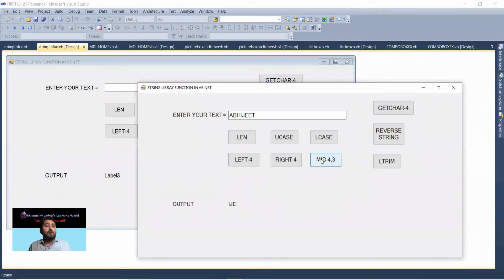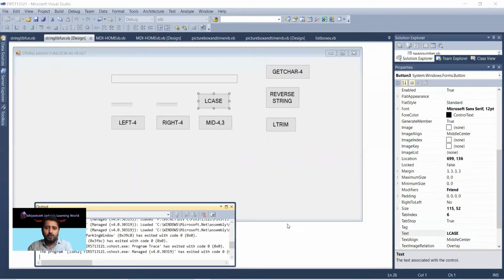Yes, exactly. So these 3 functions have arguments where I put the original text, text box 1. How many characters do I want from the left? 4 as an argument. How many from the right? 4. How many from the middle? Suppose COMPUTER. PUT will come out when I click on mid, because in COMP, P is the 4th, and characters 4, 5, 6, PUT will be my output. That is Mid 4,3.